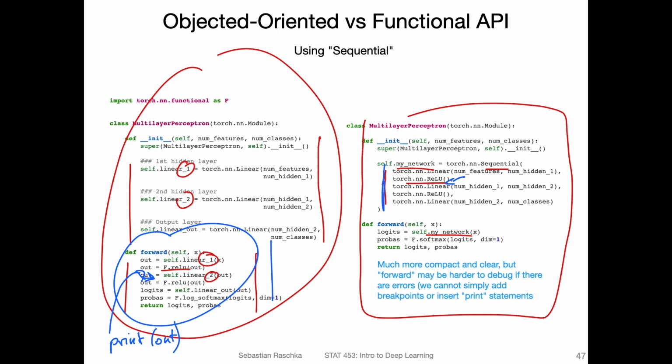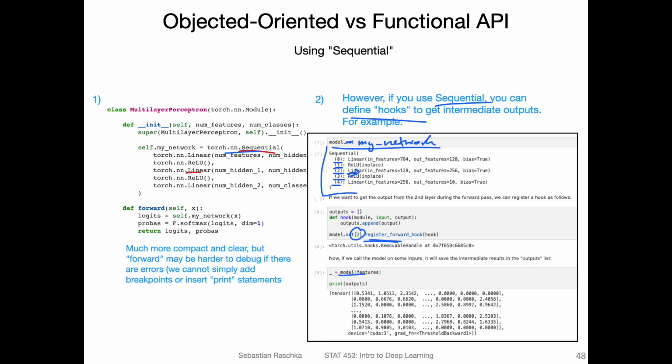I will probably switch more to the Sequential API for the code examples I provide to you, but for your class project, you can use whatever you like. Also, if the multi-layer perceptron stuff is a little bit too complicated, we will talk more about multi-layer perceptrons in next week's lecture. So that will be something we'll be revisiting. You don't have to memorize any of that stuff right now. You will see it multiple times later in this class again.